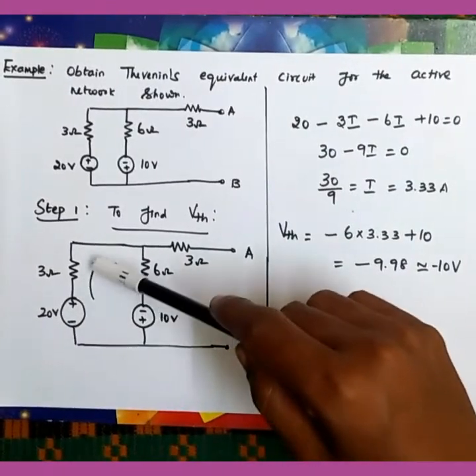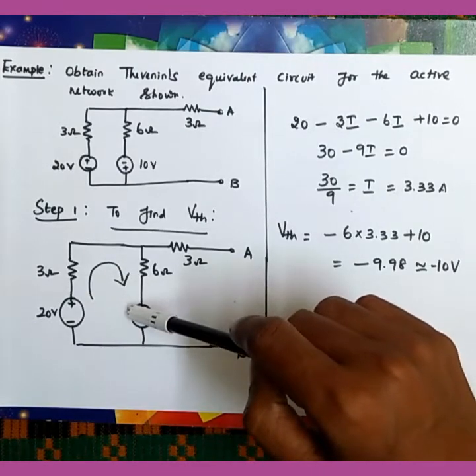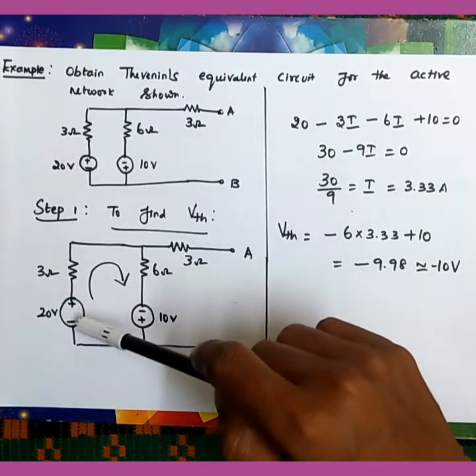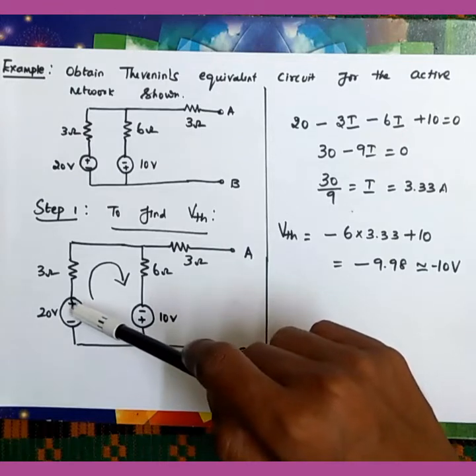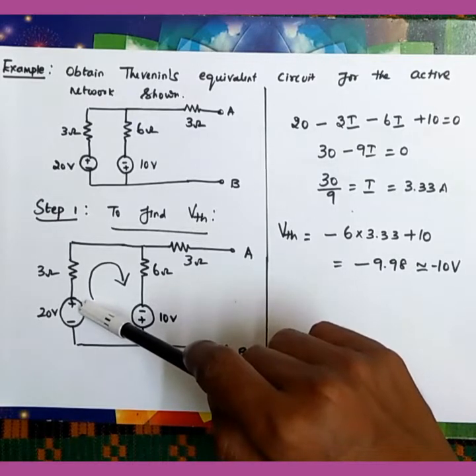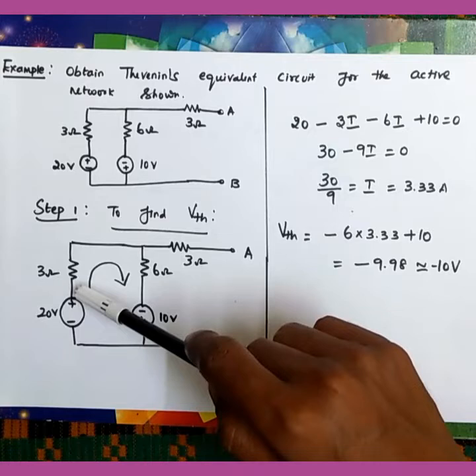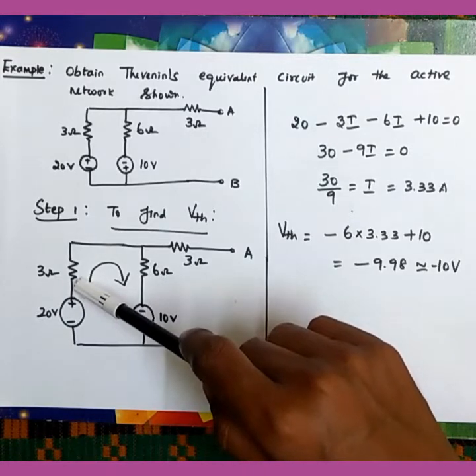Two things we have to keep in mind while writing the Kirchhoff voltage law equation. If the current comes out from the positive plate of the battery, then the voltage is taken as positive, and if the current comes out from the negative plate of the battery, then the voltage is taken as minus that value of the battery. And similarly, the drop is always taken as negative